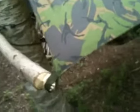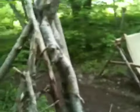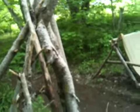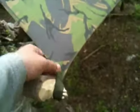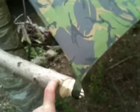They've survived the winds, and they've got enough give in them that if it should really blow, then it's not going to tear anything. But like I said, if you want to use this method, but your trees are further apart, say they were over there where my log stack is, then all you do is run a line from your bivvy to your stick and tension it that way, and it works exactly the same way. So you'll have a guy line free